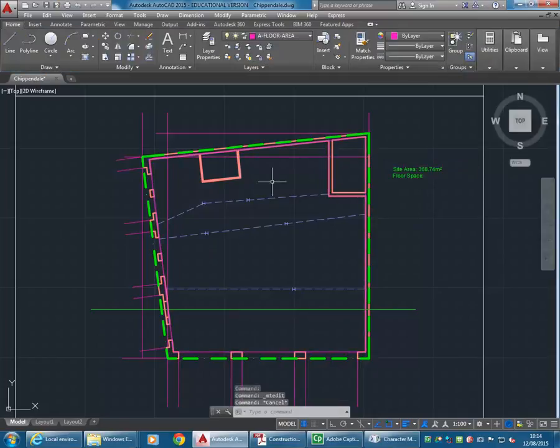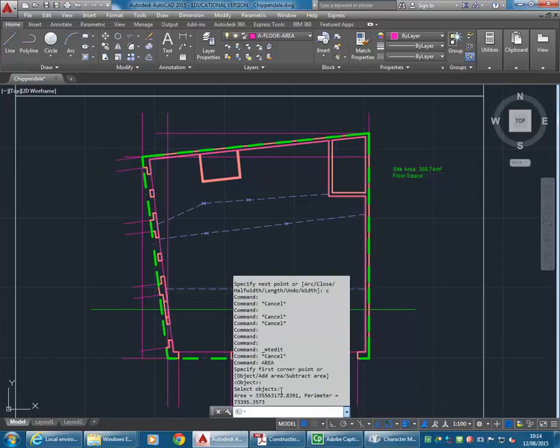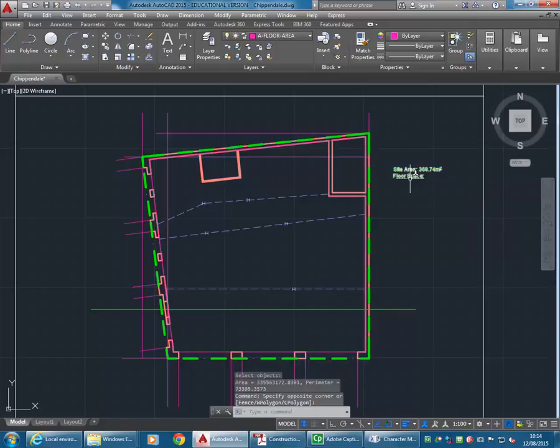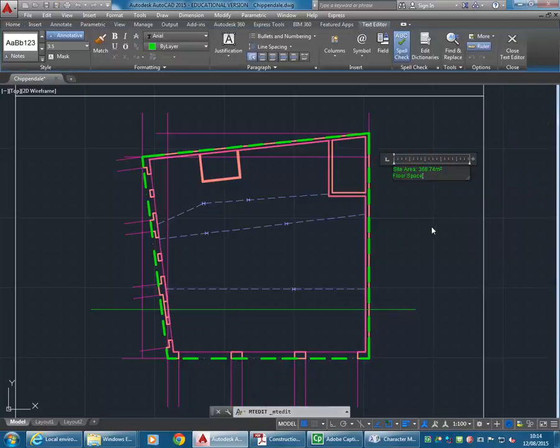So I'm just going to use the area command. Instead of picking points, you can use the object option. You don't even need to type in anything, you can press enter, and it'll ask you to select objects. So I'm going to just select that polyline. You can see again, it's giving me an area in square millimeters. So just like before, I'll bring up the command history, copy that to the clipboard, and then go and change this to floor space, ground floor,